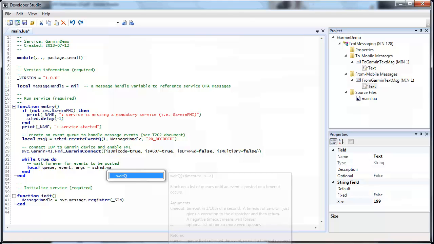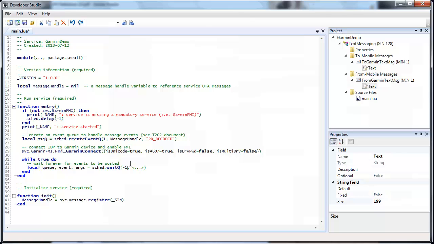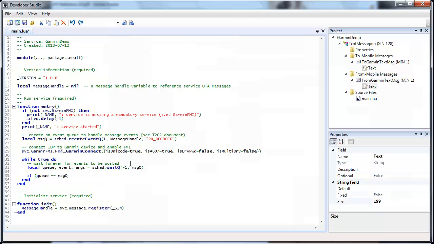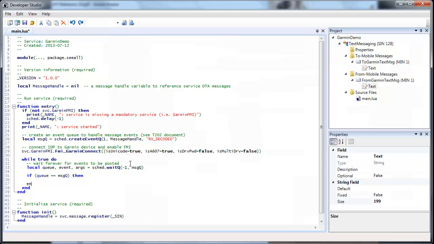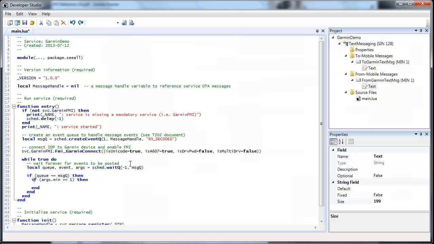And in our loop, we will wait for the events that we're interested in for them to happen. And we do that by invoking the sched.waitQueue function. And we'll make sure that in the waitQueue function, we're waiting indefinitely for the event queues that contain the events that we're interested in. Currently we have only one event queue, so it's called the MSG queue. So the waitQueue function will block our thread until we get an event,